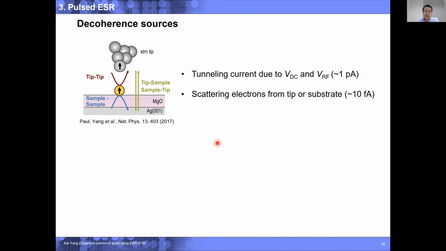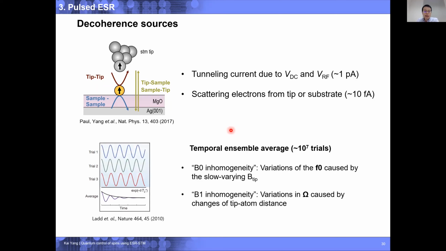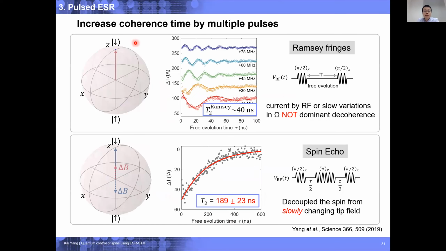In addition to these scattering electrons, the quantum coherence time T2 is also influenced by slow noises during the measurement, because the Rabi oscillation data I have just shown was the average result of many repeated experiments. That means any slow variations of, for example, the resonant frequency F0 and also slow variations of the Rabi frequency omega can make the envelope of this Rabi oscillation decay faster. So in order to increase the quantum coherence time so that we can perform more quantum operations, we use